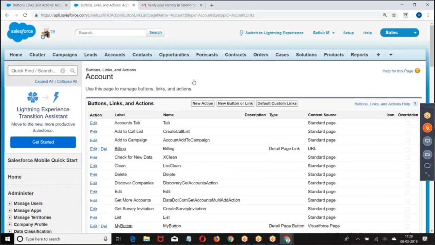Okay. Now let us take the next requirement. Here I replaced the existing button. The new button was already there, and I replaced the functionality with my custom logic. Now my next requirement is that I want to add my own button. Look at this. I am trying to create my own button.